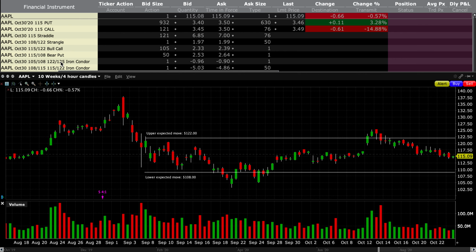So you want to look at this as an example, and obviously, tinker with the different strike prices and figure out your risk reward, right? In this case, if you were to sell the 122 strike call and buy the 125 strike call and sell the 108 strike put and buy the 105 strike put, you're creating an iron condor. Your maximum profit is achieved if AAPL expires by Friday anywhere between 122 and 108, right?